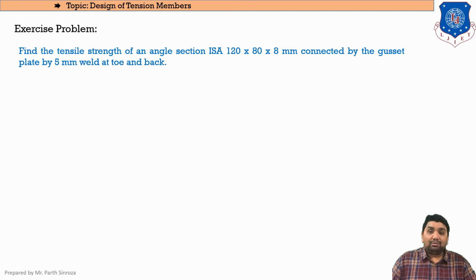As you can see in your question bank too, tension member questions have been asked frequently. So it will be better for you to solve the questions that I have described here and in the question bank also, because the methodology of all the sums is the same, just the values are different. So it will be helpful for practicing also.